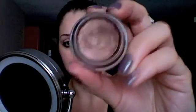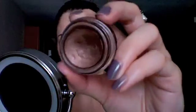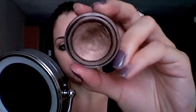I'm going to go in with a MAC paint pot. Forget what product I'm using. This is Constructivist Paintpot from MAC. Get it really close. You guys can see it's kind of a bronzy brown, and it's not really showing it very well, but it has a lot of red in it. It's a beautiful color. I'm going to start by pushing this